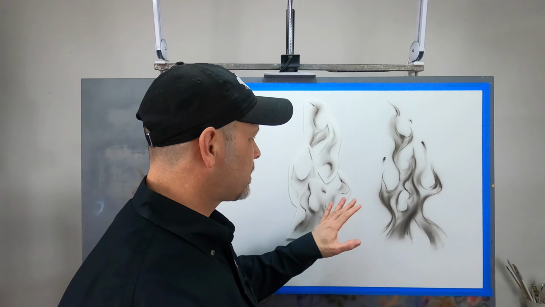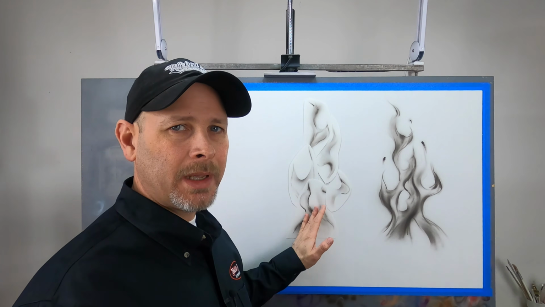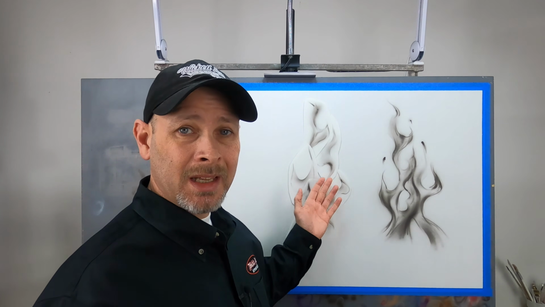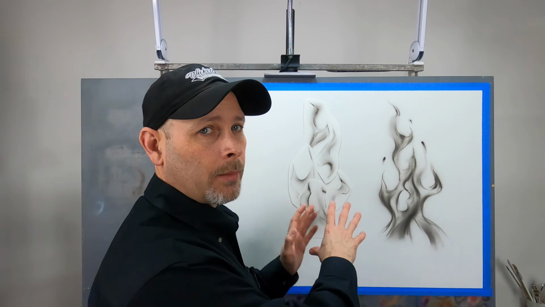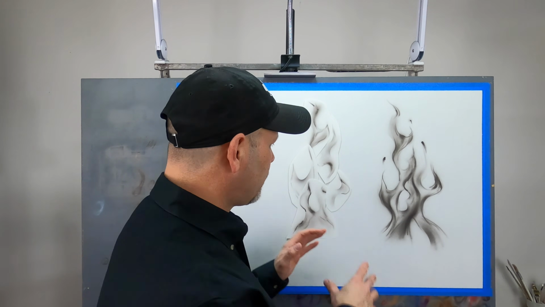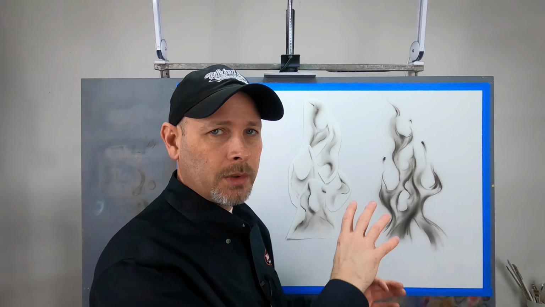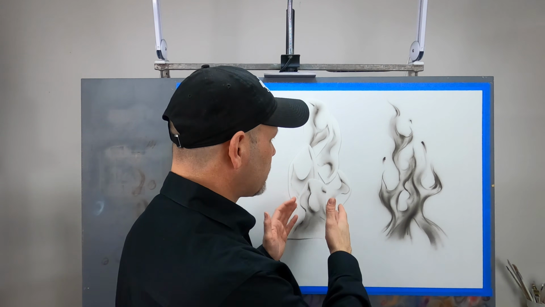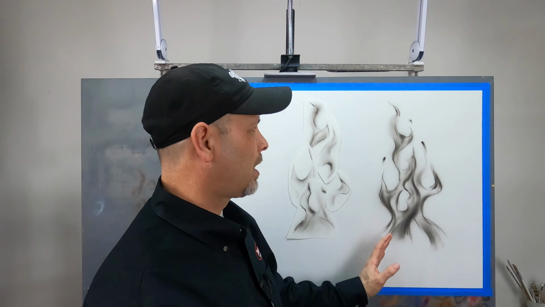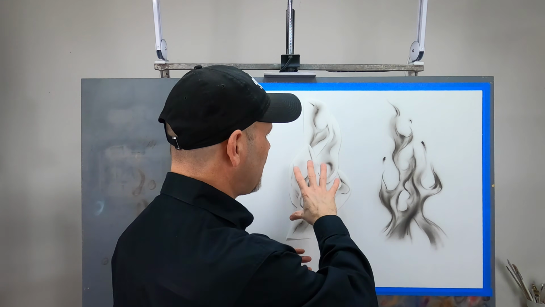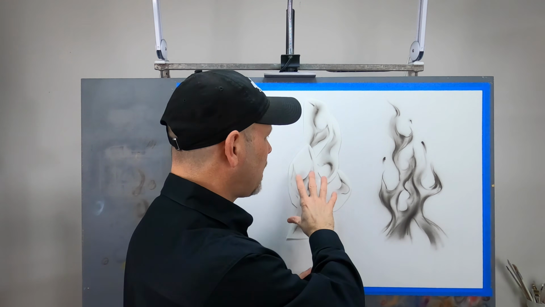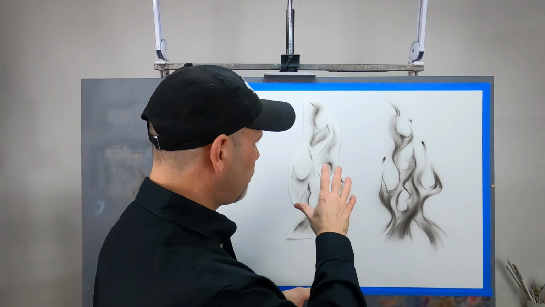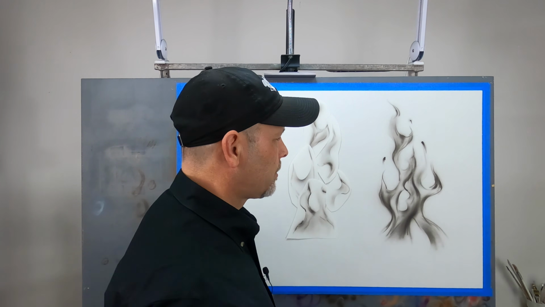Now, does this look exactly like what we've copied and pasted? No. Does it need to look exactly like what we've copied and pasted? Of course not. This is very similar to using a photographic reference in that it's a reference, it's a guide. It gave me an idea of what I wanted to create, but I'm in no way tied to making it look exactly like this. In fact, I think this looks a little bit better than this does.